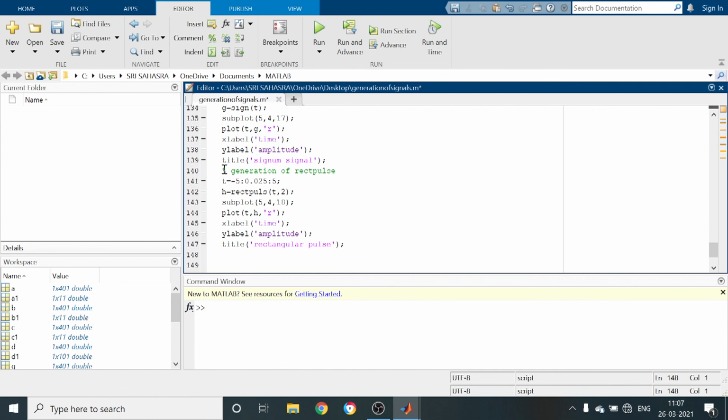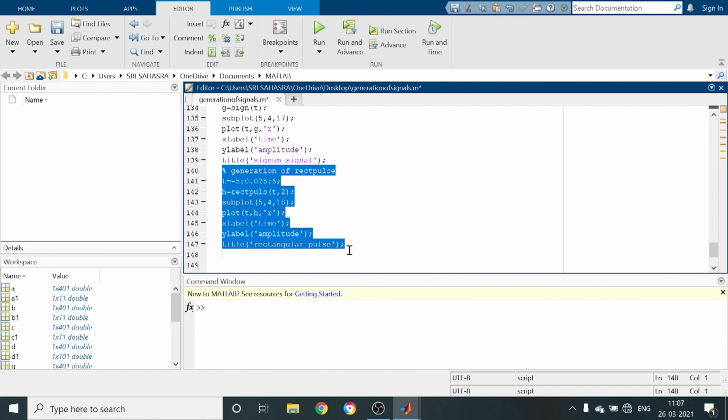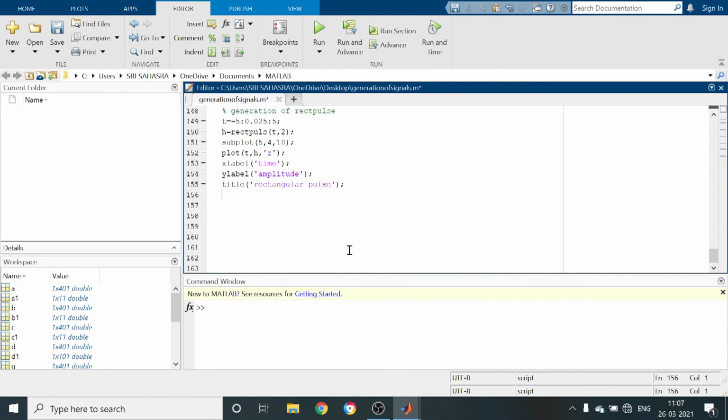Generation of tripulse. It is triangular. Generation of triangular pulse. So instead of using rectpulse, we have to use the command tripulse, which is inbuilt. I am using H1.